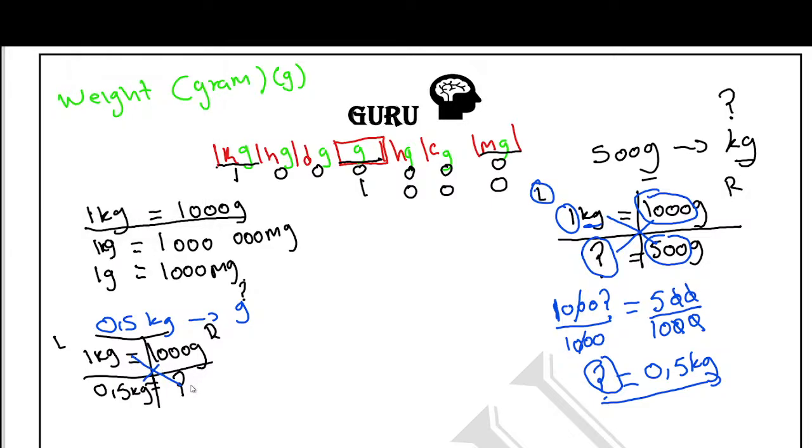We now cross multiply, meaning that we're going to have question mark multiplied by 1, which equals question mark. That is equal to 1000 multiplied by 0.5. That is 1000 multiplied by a half. By half, that becomes 500. 500 what? What was our unknown? Our unknown was the right. The unit we have on the right is grams, meaning that this is 500 grams. Okay,